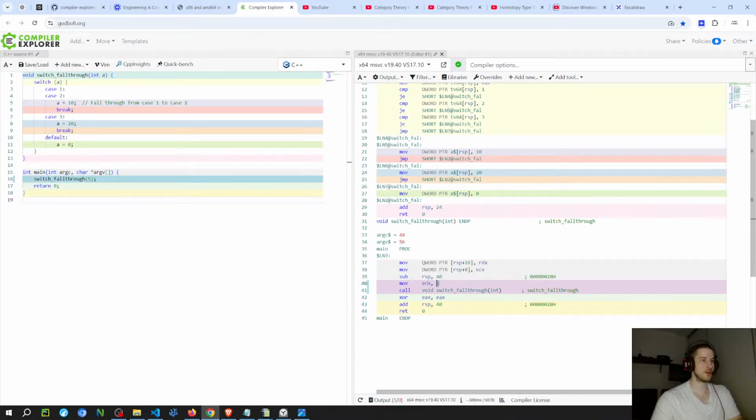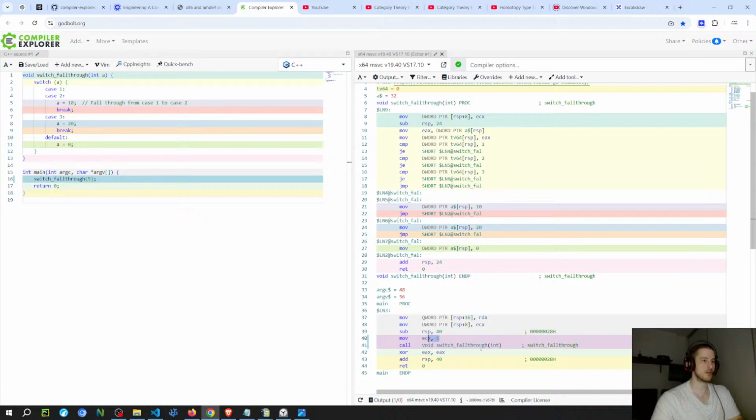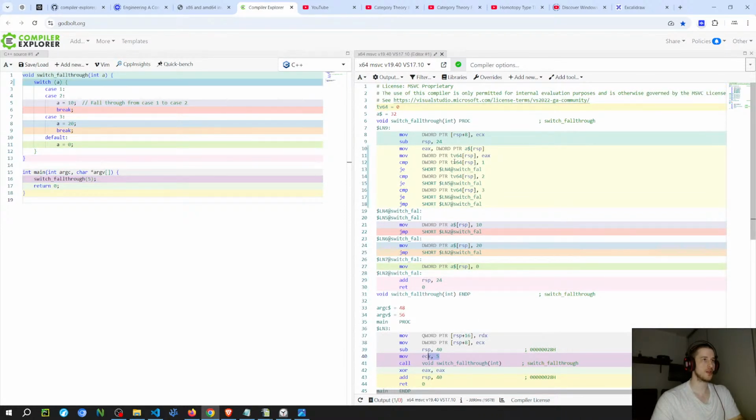So same thing, it's gonna put 5 on the ECX. I think it was slightly different last time because I was looking at the other compiler as well. But here is basically the same thing. It's putting the value on EAX, then putting the value on the current stack pointer, then comparing. And it does a jump if it is equal to 1, and then it checks the true again. It's basically the same thing.